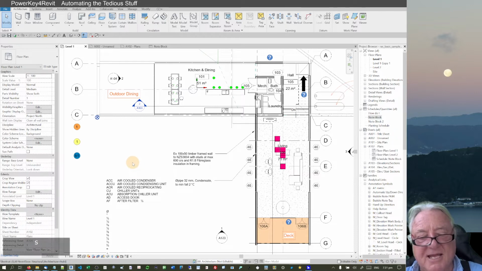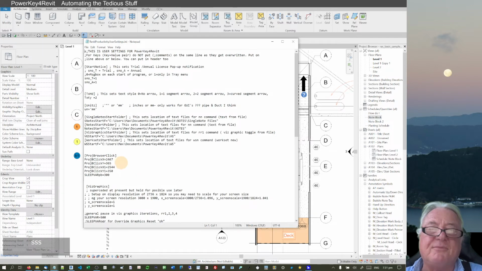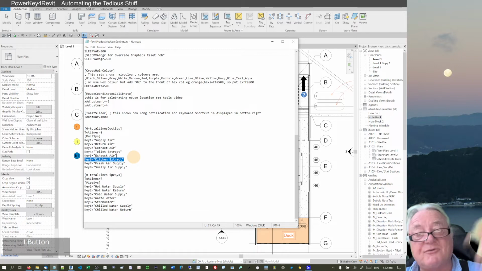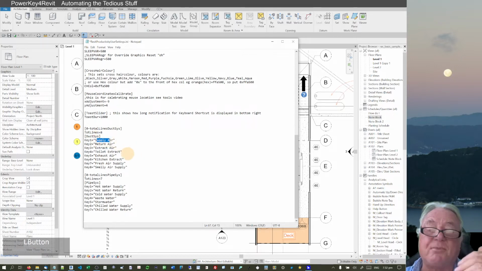Now, a couple of other things in here. So we can type SSSS four times, and this brings up this. So inside here, I can set, instead of my arrow being two segment, I can set it as curved or as nothing. I can set some of my units as either imperial or metric. I can say which folders I want to put my files in, so they're easily accessible. And I can also, on some of my text boxes where I'm using a pull down menu of descriptors of what I'm air supply for